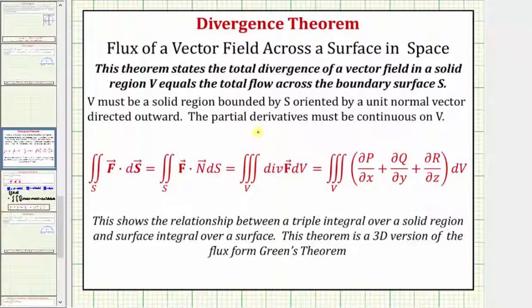So under these conditions, the flux integral, often expressed in one of these two forms, is equal to the triple integral over the region V of the divergence of the vector field F dV, which can also be expressed in this form here. So this shows a relationship between a triple integral over a solid region and a surface integral over a surface. So going back to our example,